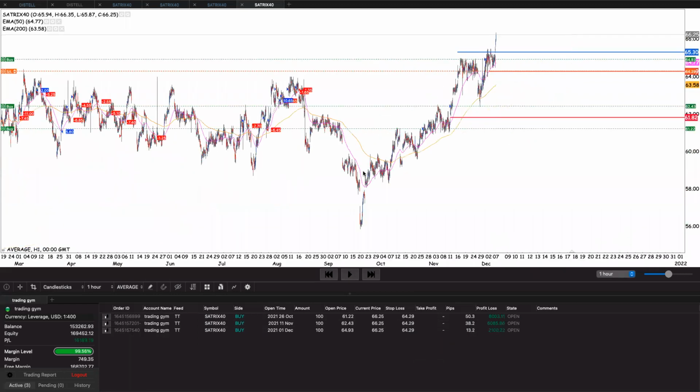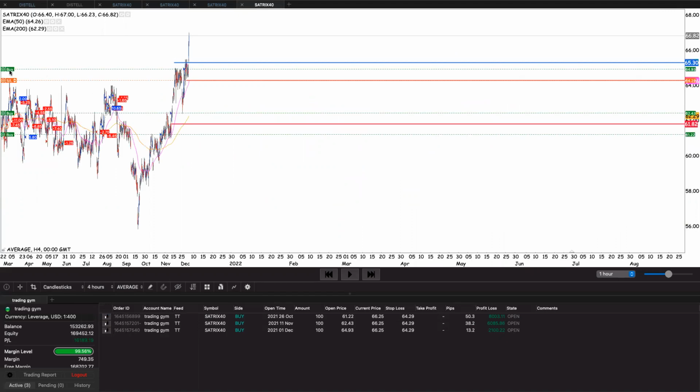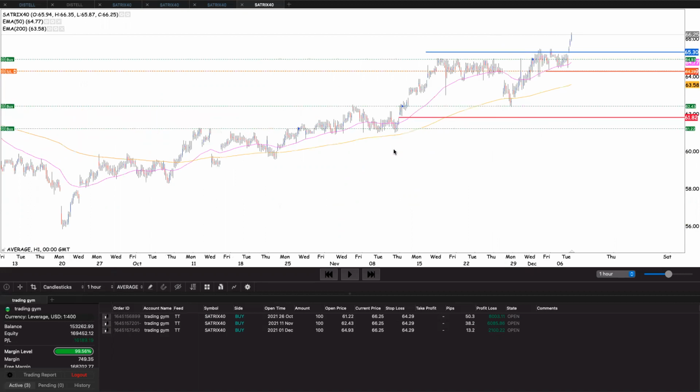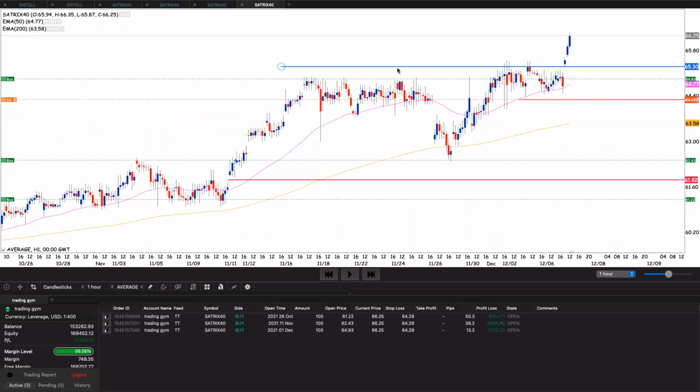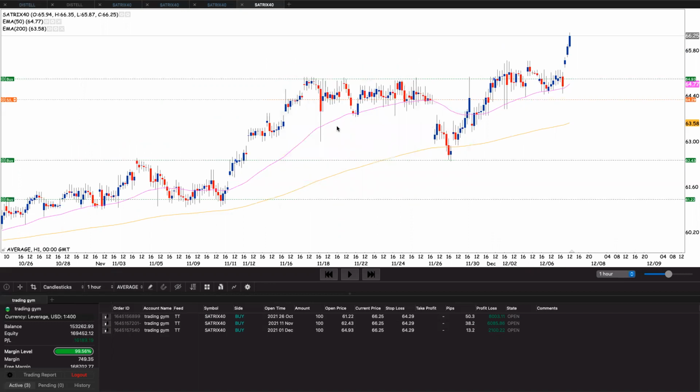So now if I jump back to a 4 hourly chart, in our context, we're at new highs, so I don't have a reference point to go back towards. To solve that dilemma, let me delete all these. To solve that dilemma, there's